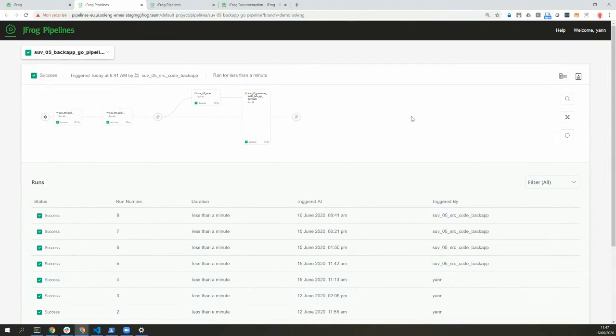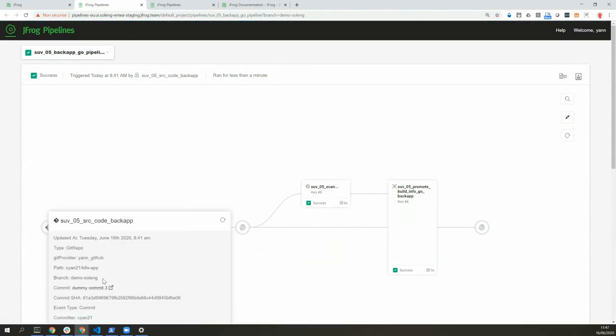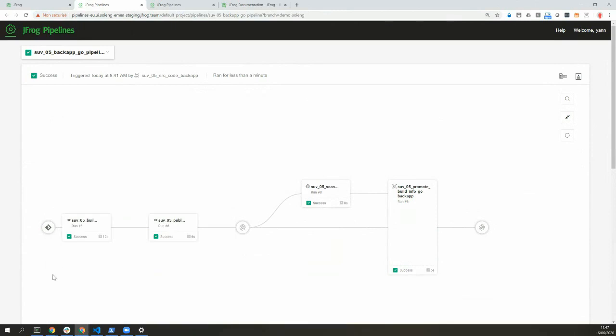Okay, so this is the pipeline. You can see my pipeline for the Go app. It starts with a resource, which is actually an integration to my GitHub repo. You can see the different commits and who committed them. The goal is that when I do a commit, it fires the pipeline. So here I will actually